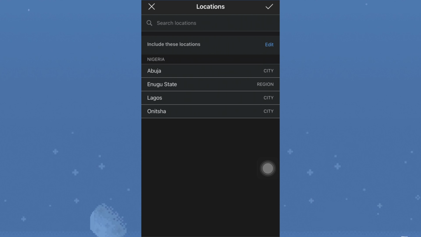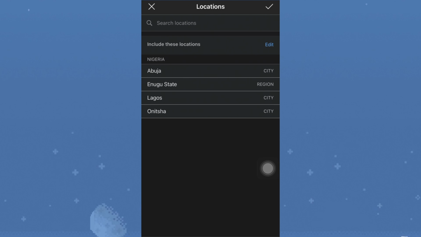And the more locations you select, if a particular location is performing lesser than the rest or a particular location is performing higher than the rest, in terms of result wise, it is not the kind of people that you're looking at. Facebook is going to optimize for that location and disregard every other location. So let's say for example, if you're selling a product and you know that people in Abuja buy that product more than people in Lagos, but there are more people in Lagos who are active on Facebook,